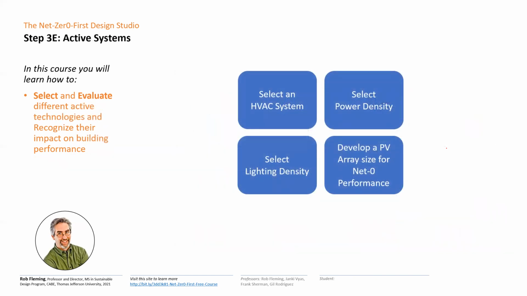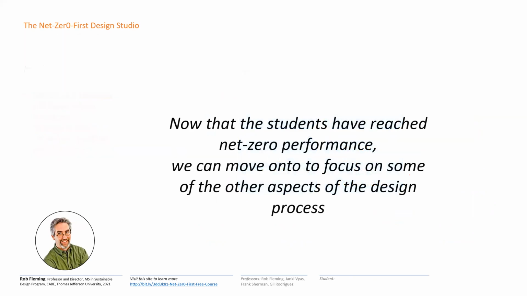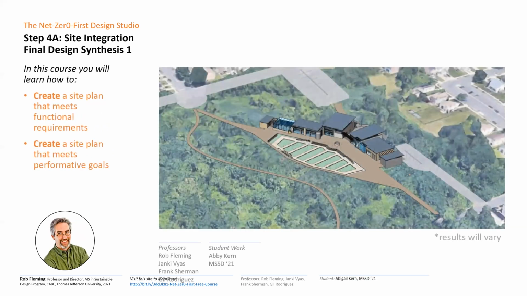Then we're going to go forward and do some learning on how to select an HVAC system, how to set your power density, your light density, and then ultimately, and probably most importantly, how do we begin to develop a PV array that is sized for net zero performance? At this point, we're a little bit past halfway through the course, and the students have now generated a platform of accountability. They've reached net zero, and that then allows us to go on to look at some other elements